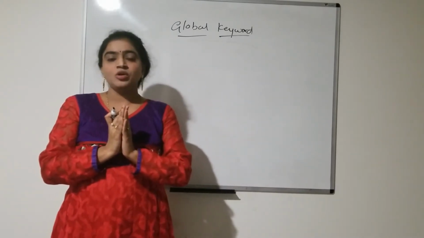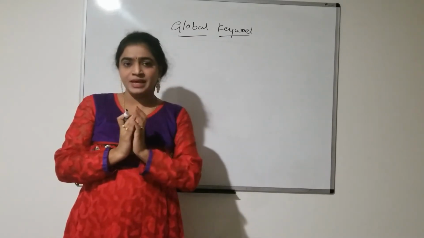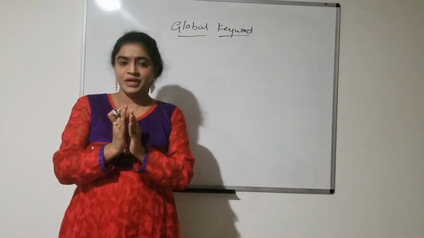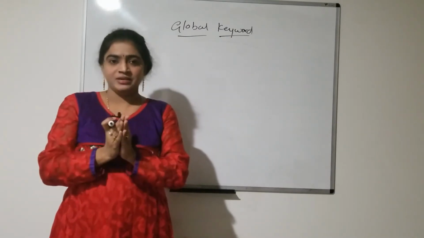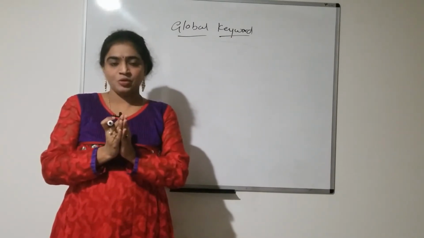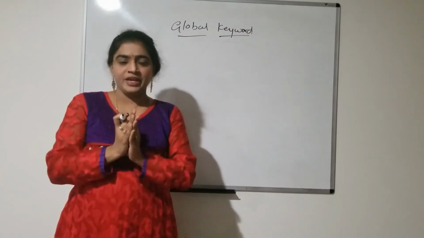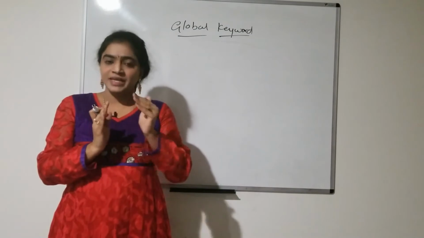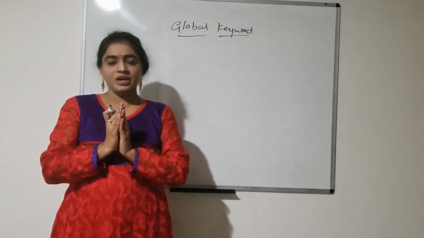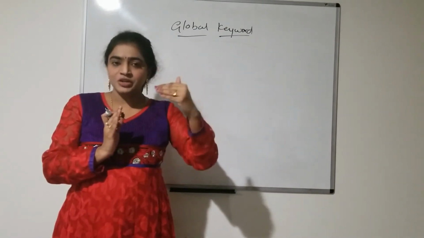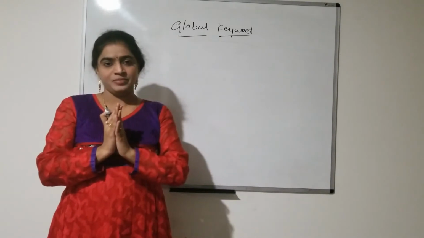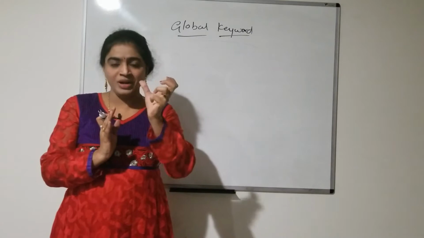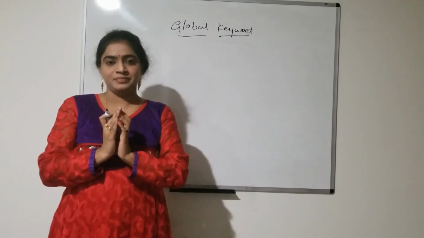So, what is meant by processing the global variable? Processing means here we can create a global variable, we can modify a global variable, and we can delete a global variable in the function. From the function we can do all these things. That is called processing the global information of a variable.